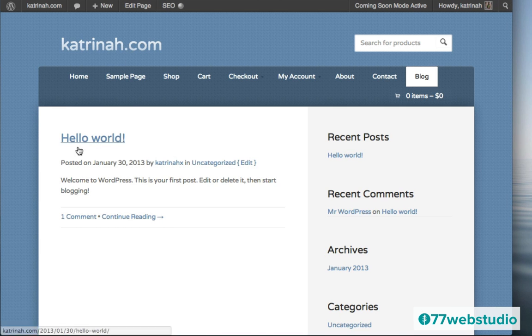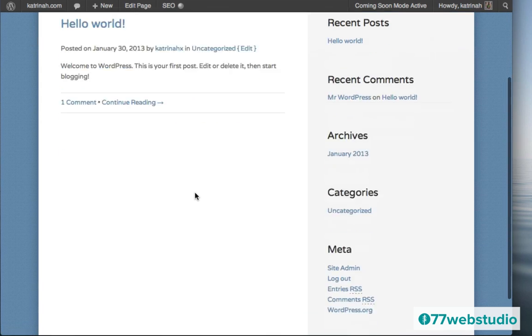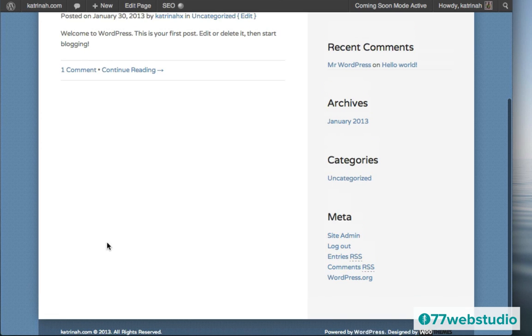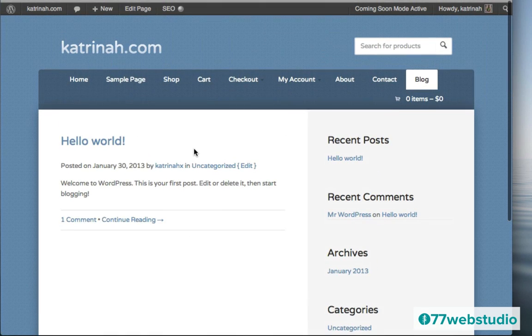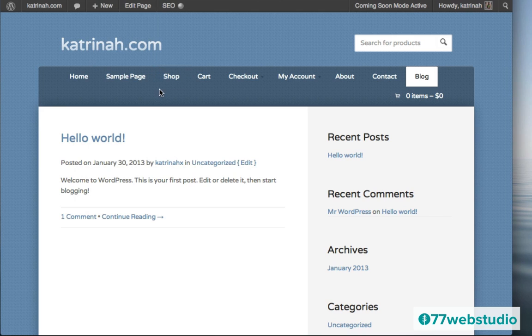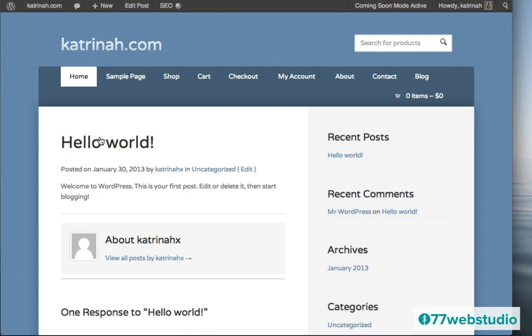now we'll see here is our blog post. So we haven't added any blog posts really yet to the site. So this is just the default blog post that comes with your WordPress installation. But as you start adding blog posts to your website, they'll start showing up down below on this page. So we see we're on the blog page right here, and then when you click on the post, I'm going to click on it right now, then you go to the actual single post page.